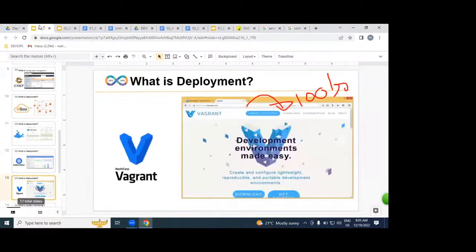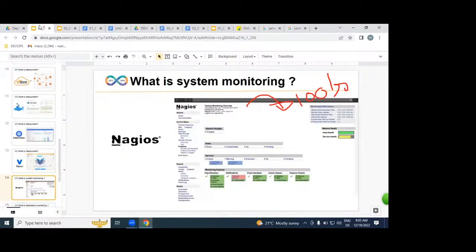Understood very clearly. So not only deploying our applications on Docker and on Kubernetes, we are also going to be deploying our application by using Vagrant. Vagrant is a virtual provisioning tool. We can create virtual machines on your laptop, not a production environment, and on top of that, we can deploy our applications. Vagrant is only for laptops, not for production. But AWS is a production environment, Kubernetes is a production environment, Docker is a production environment, but Vagrant is only for dev environment. And we are going to be using Nagios.